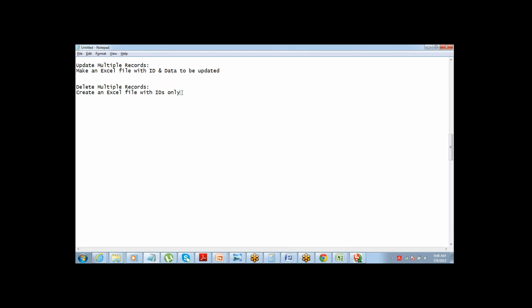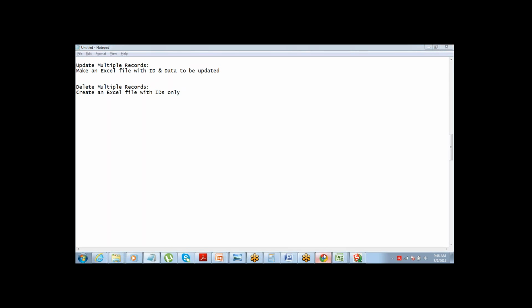Okay, so before we get into the export part, what we need to understand here is the moment you delete the records, these records are not permanently deleted. When I perform a delete operation, the records are not permanently deleted. They go to the recycle bin.